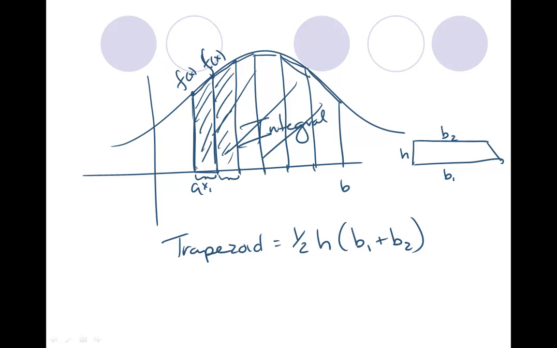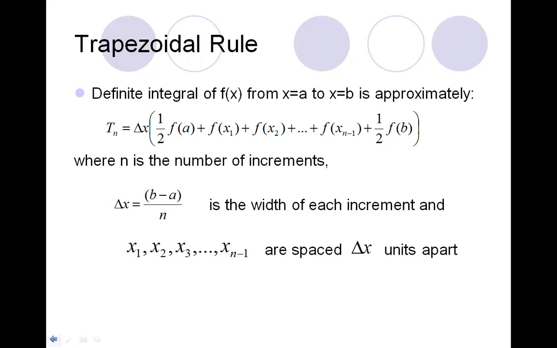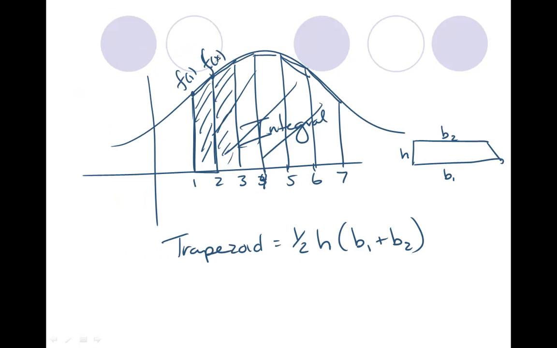So we're going to start with a value at x equals, for example, 1. And if we have divided this into equal segments, 3, 4, 5, 6, 7, then our base lengths would be f sub 1, f sub 2, f of 3,